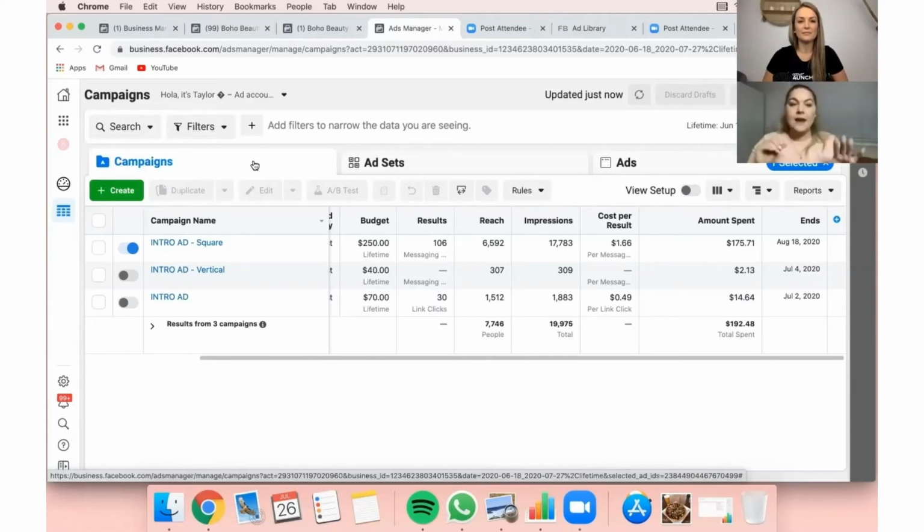So always do that. Create an ad for feeds, and then create a separate ad for stories. Don't run the two across the platforms, because for that specific ad, if you're paying for it to be in feeds and people aren't clicking see more, there's no point running it. Facebook's going to show it to everyone just to spend your budget. So watch the two. That's the campaign, which is the purpose, and you can name it anything you want. I can edit that and name it intro bookings or anything like that. I just have intro ad square.